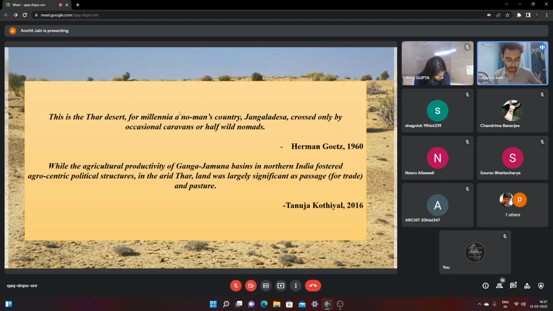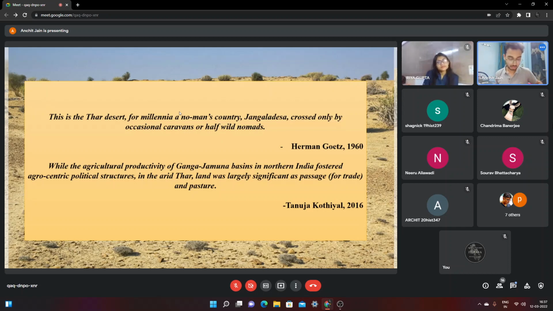The region of Thar, however, remained as a terra incognita in these discourses surrounding the early medieval dynamics of Rajasthan, largely due to the absence of "significant agrarian potentials," which constitute our understanding of a nuclear zone of cultural and economic proliferation. It is this narrative which is being cautioned in this paper through a correlation with the regional